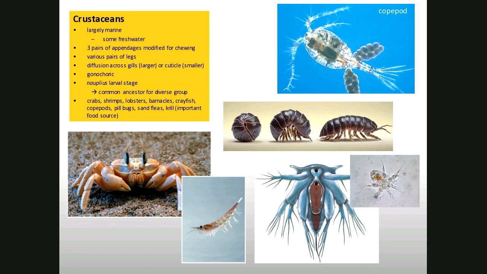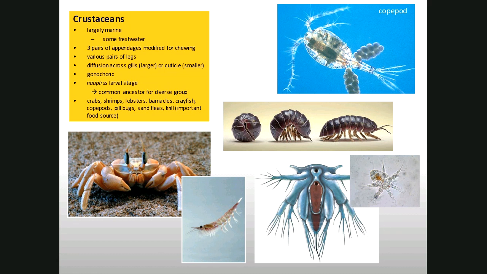And interestingly enough, no matter how many diverse kinds of crustaceans we have, we go back to that old thing that we've been talking about all semester long: if you have a similarity of development or a similarity of a larval form in these diverse groups of organisms, that is pretty much a slam dunk indicating a relatively close relationship. All crustaceans, no matter what they look like, freshwater, saltwater, crabs, lobsters, that copepod,